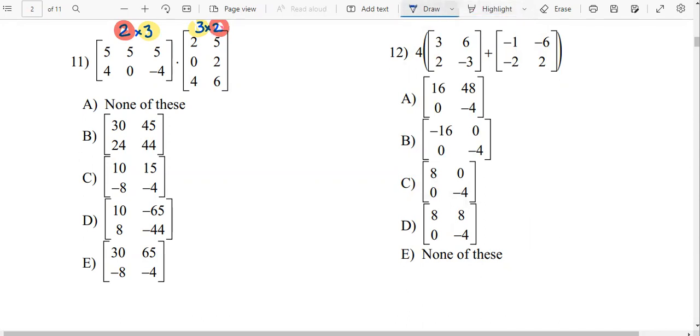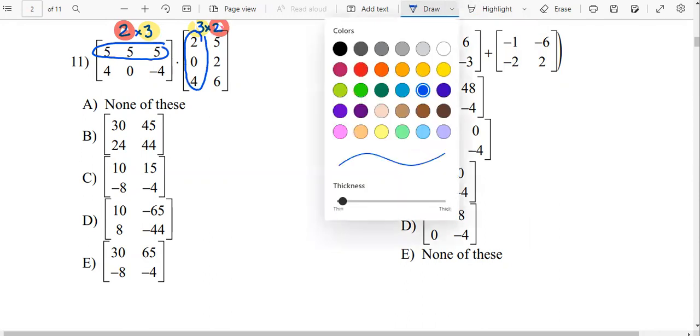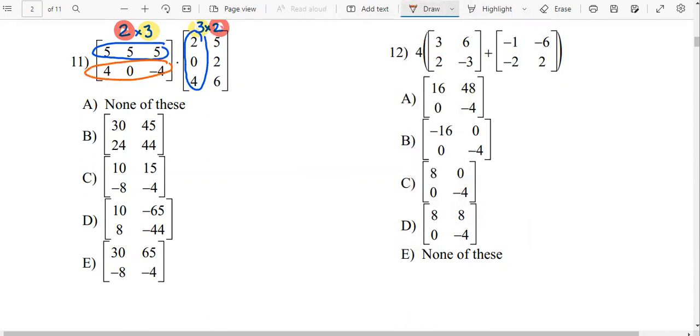So how does that work? Well, all of these numbers are going to multiply by all of these, and then all of these numbers are going to multiply by all of these. And that'll give us the first two. So let's do that part. So blue times blue. 5 times 2 is 10, plus 5 times 0 is 0, plus 5 times 4 is 20. And then we can do,